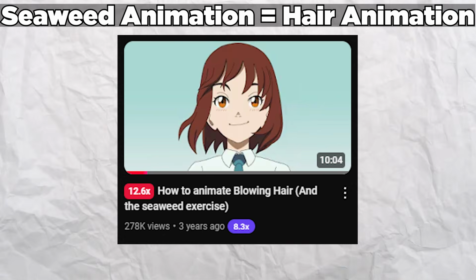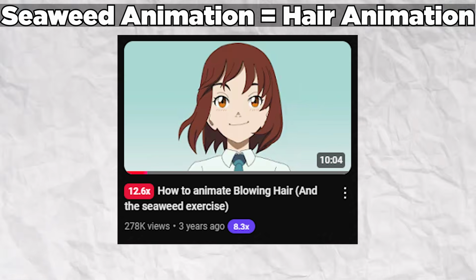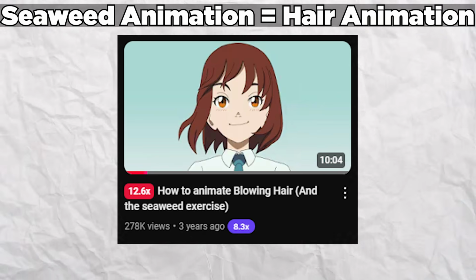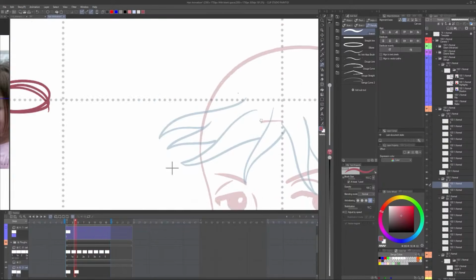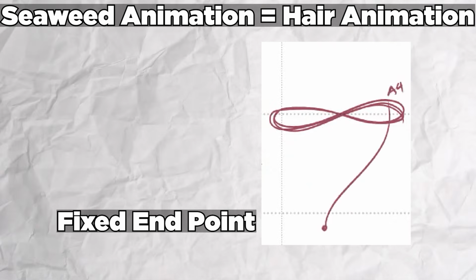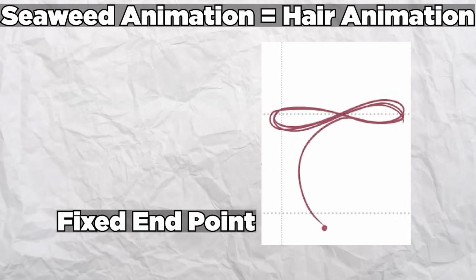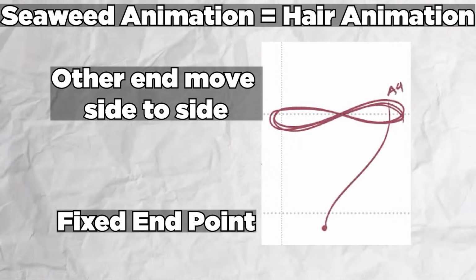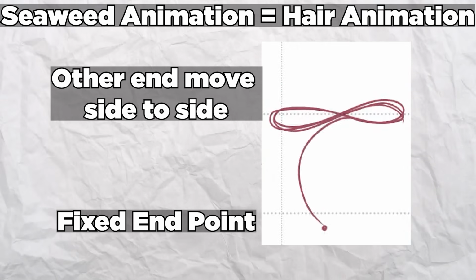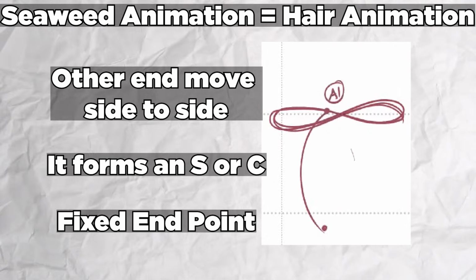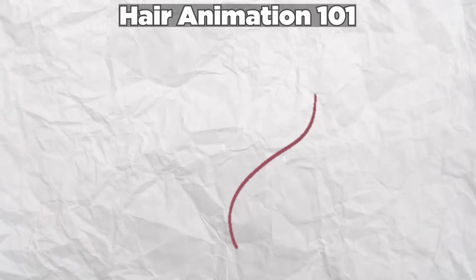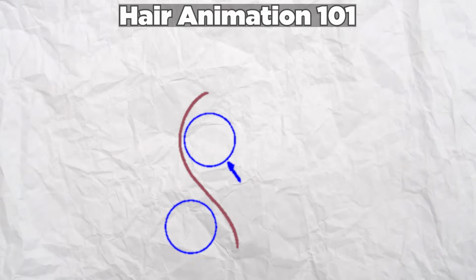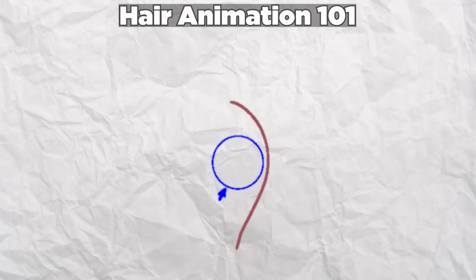concept of seaweed animation that was explained by Dong Chang from his video 3 years ago on how to animate hair. And here's what I learned from him. If you think about the hair as one strand with a fixed endpoint, you can easily rough out how the other end of the hair moves from side to side and how it actually forms either an S or a C. To illustrate more clearly, we can imagine the hair being affected by a ball going on both directions but